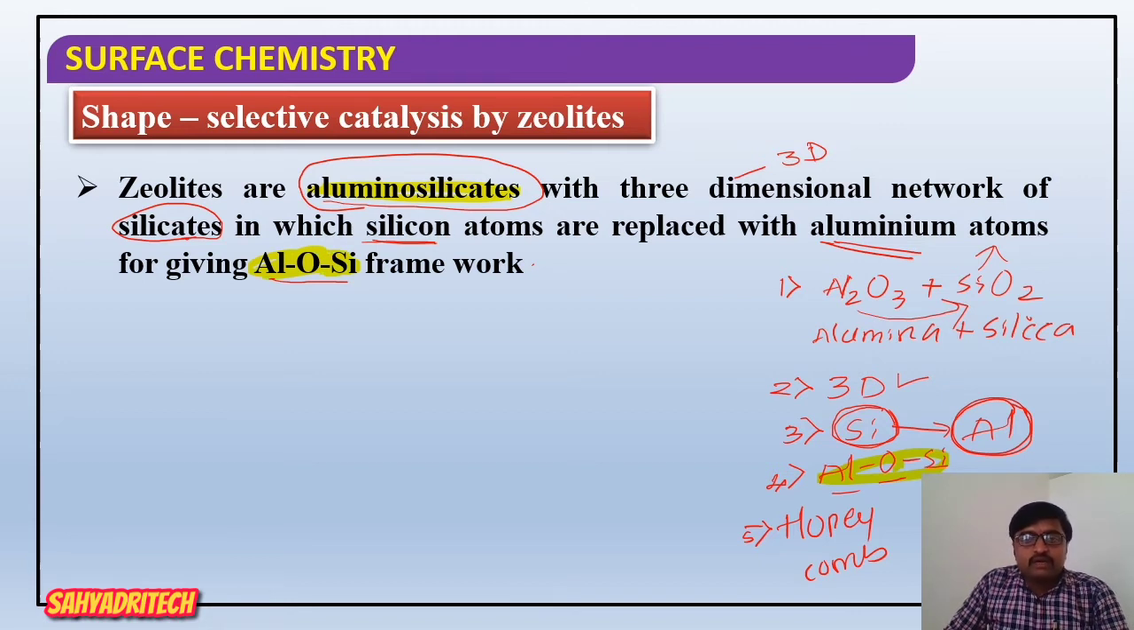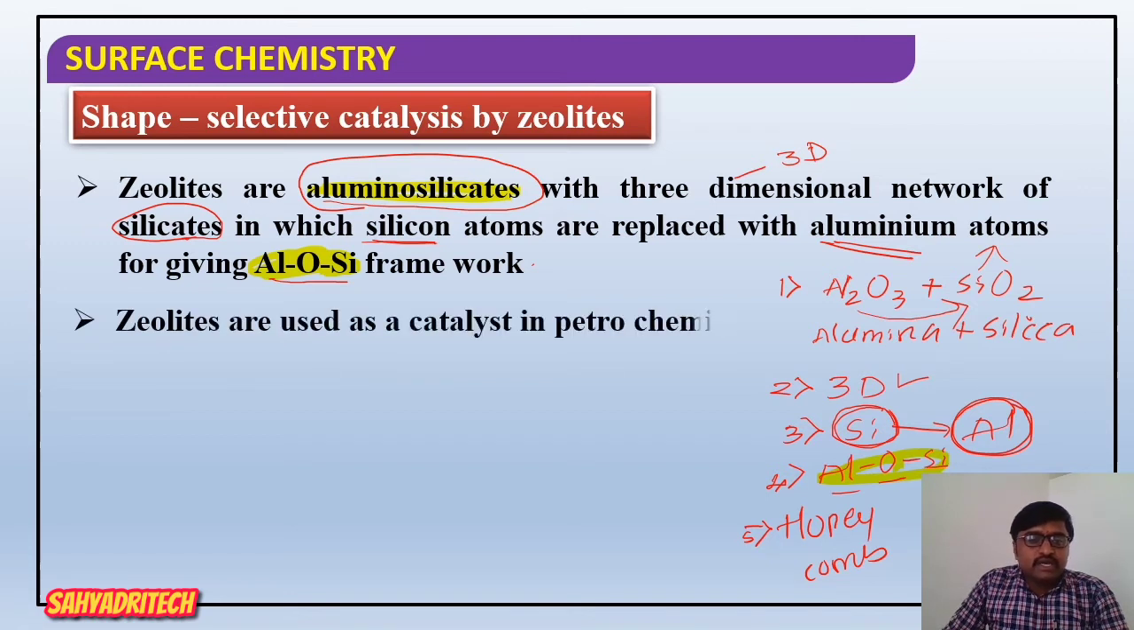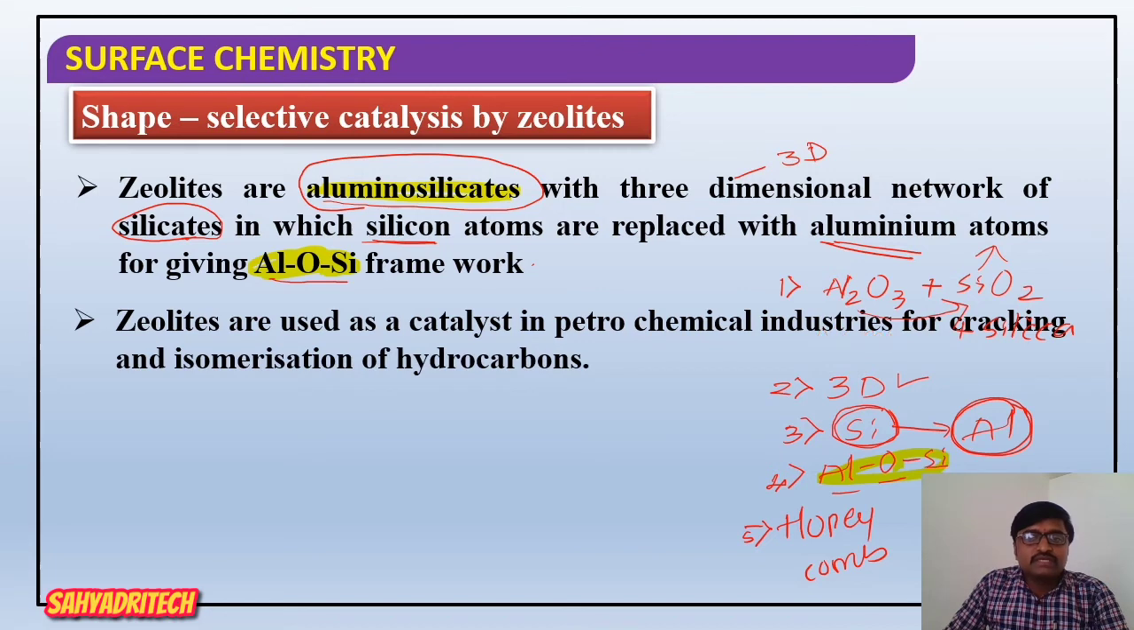Okay, well, now if we consider zeolites, where are they used? In which industry are zeolites used? They are used in petrochemical industries. What is the purpose? Here, hydrocarbons. Usually in the petrochemical industry, we are going to process